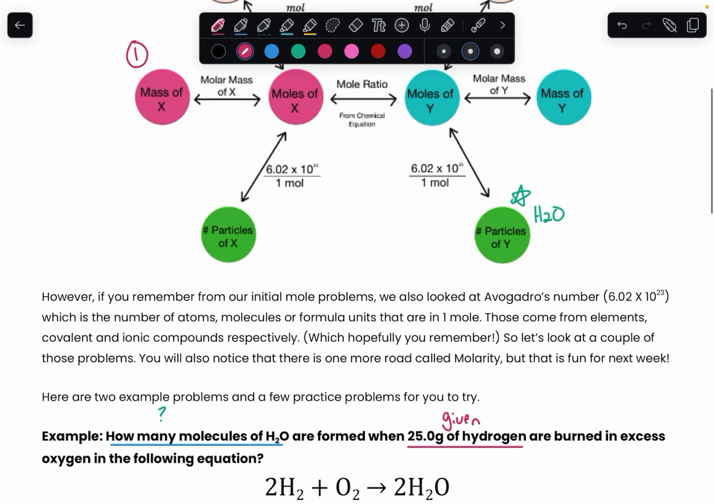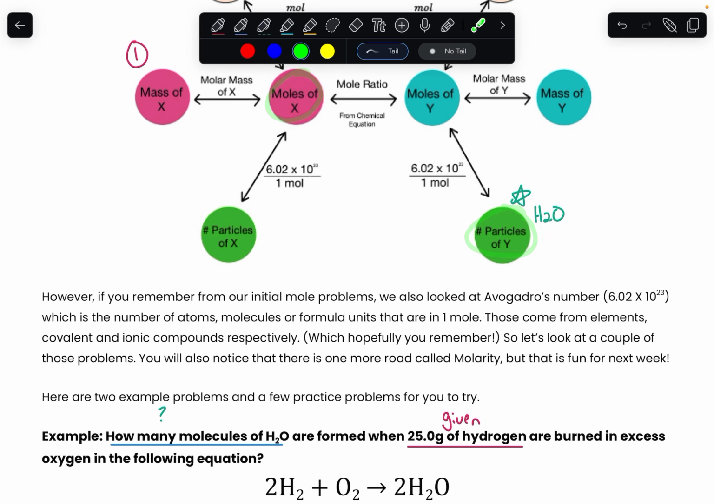Next step, we are now in moles of X. We need to get to particles of Y, so the next step is a mole to mole ratio. Let's take a look at our balanced equation in order to solve that mole to mole ratio. In front of the H2, I see that there is a 2 there. So that means that for every 2 moles of H2,